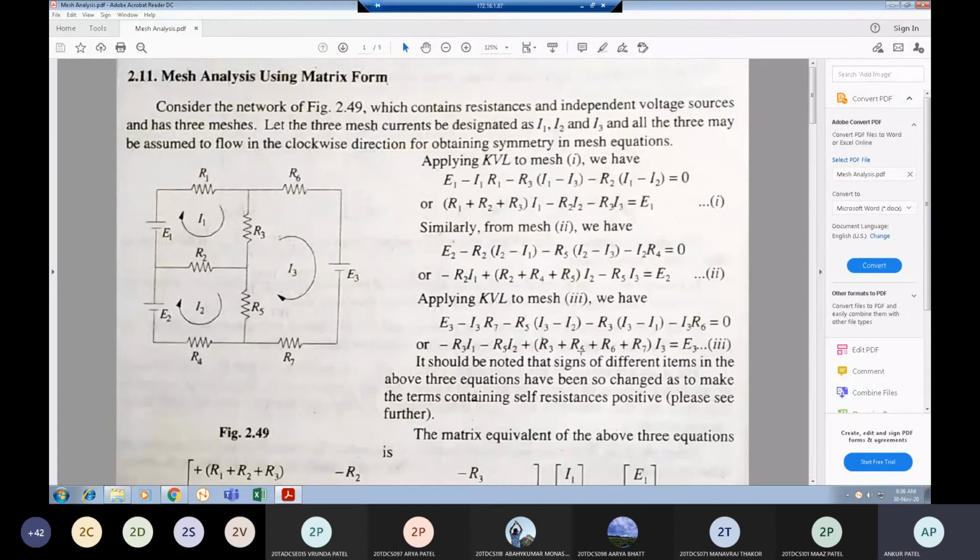Now shifting the terms, you will get this. But here the minus sign is not given, so this is a printing mistake. Are you getting this? Yes sir. Sometimes printing mistakes are there. So here a printing mistake is given for the E3. That's why I asked.